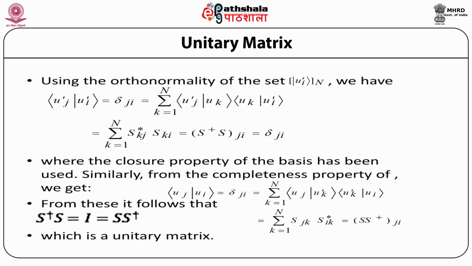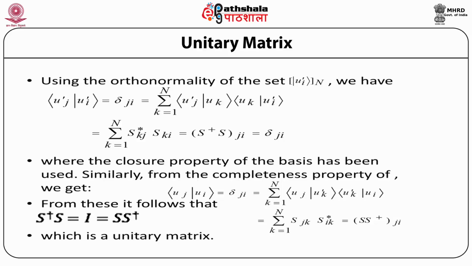Now, using the orthonormality of the basis set u_i', we have bra vector u_j' ket vector u_i' is equal to delta_ji. This is equal to the summation over k going from 1 to n of bra vector u_j' ket vector u_k bra vector u_k ket vector u_i',